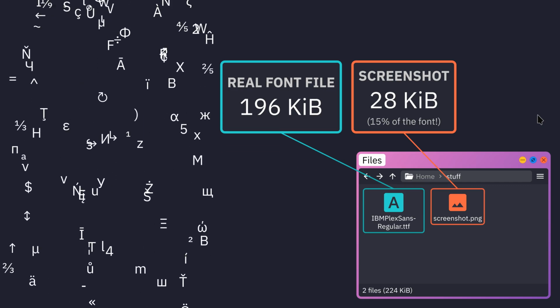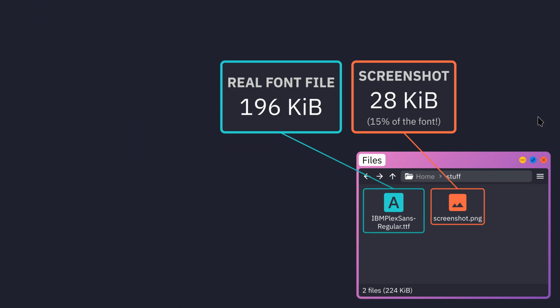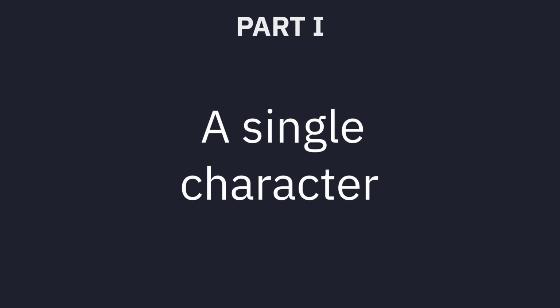Instead, how about we try to take inspiration from how humans write? A human wouldn't write this A by individually coloring in little squares. They'd simply draw 3 lines. Can we also do that here in Computerland? Yes, with the magic of vector graphics.